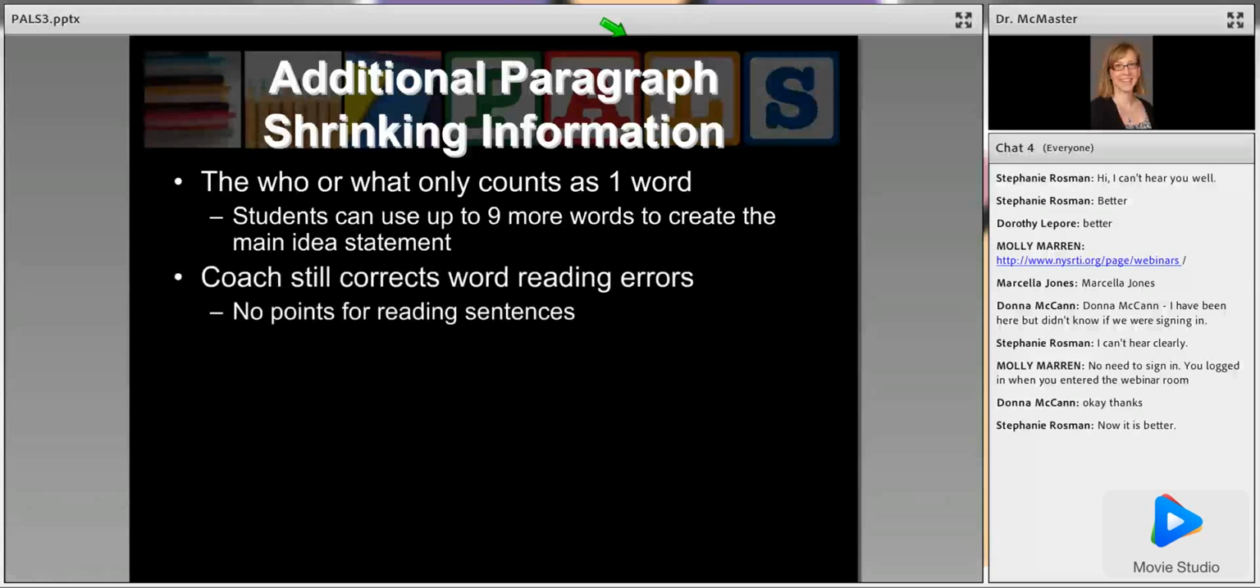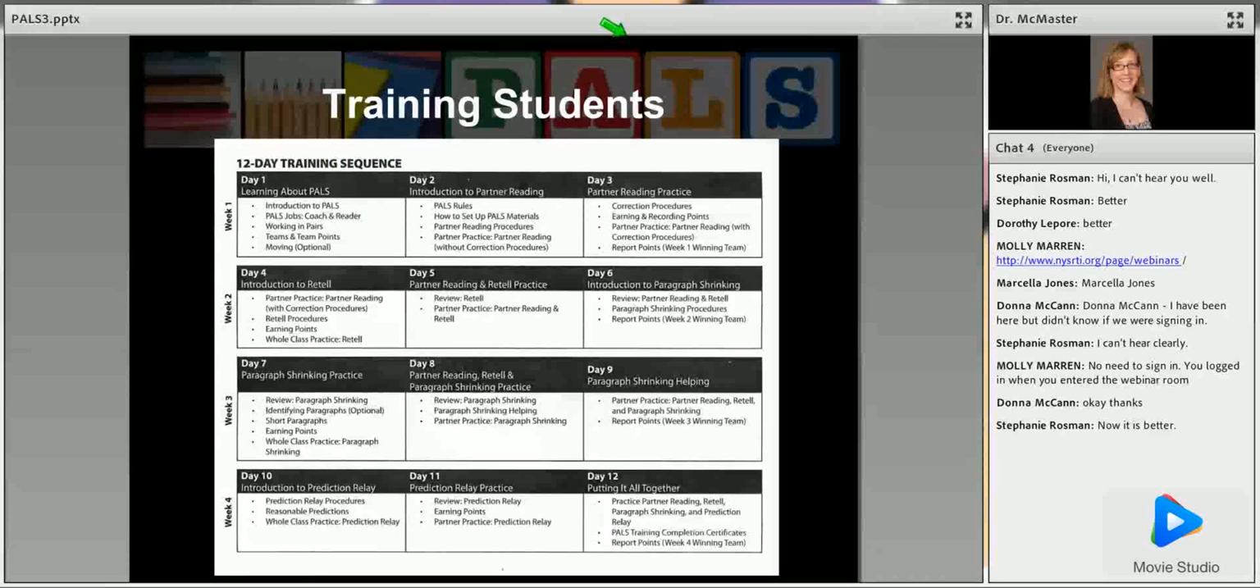And as I just mentioned, you're still going to correct word reading errors, but not mark points for reading sentences. So no longer are they getting 1 point for each sentence read correctly. So that was day